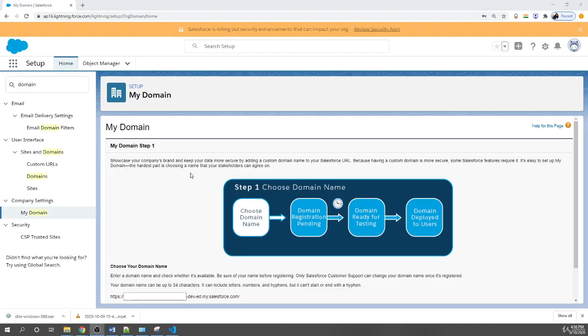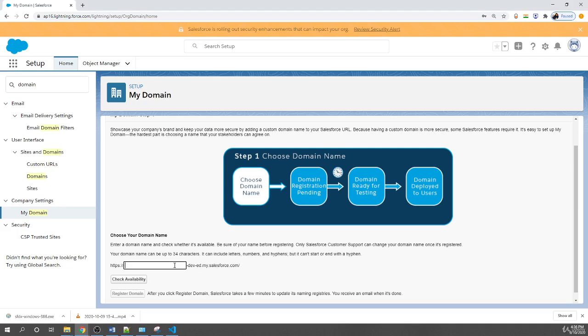It will take you to this page, and it says there are 4 steps to create a My Domain. First you need to choose the domain name, then the domain registration will happen, then your domain is ready for testing, and the domain will deploy to the users. So the first and hardest thing is to choose a unique name. If I say troop and check the availability,